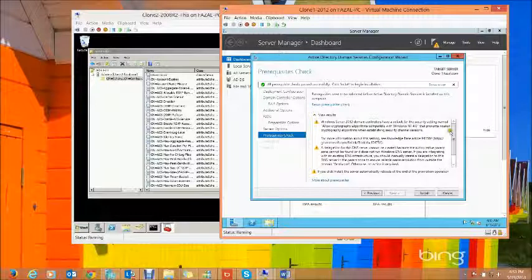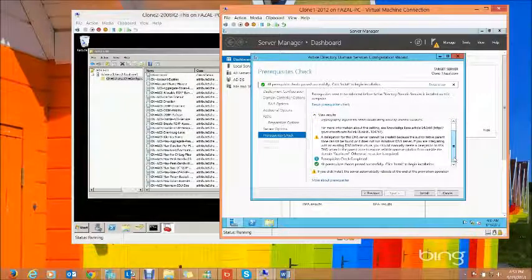Now if we look over here, it gives us a couple of warnings that weaker crypto algorithms which were used with Windows NT4 are disabled on this. Hence, any legacy client would not work. Legacy means legacy in Windows 2000 or Windows NT4 environment. And over here, it tells you that all prerequisite checks passed successfully.